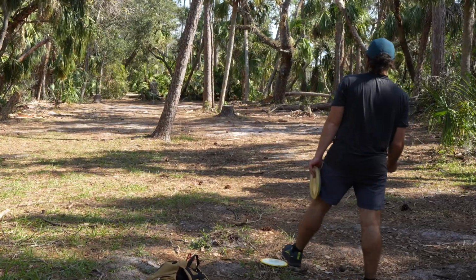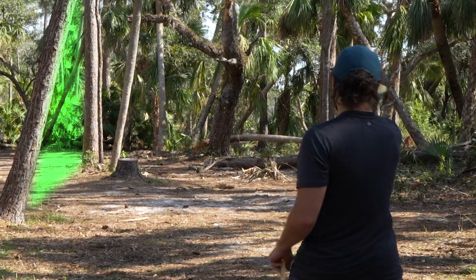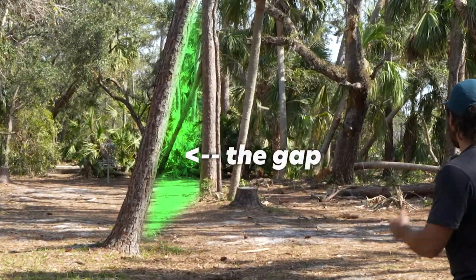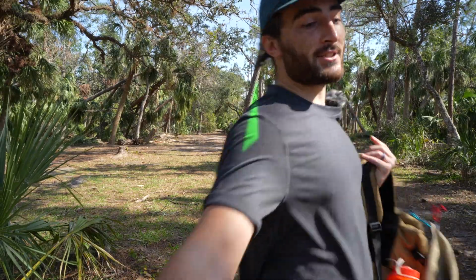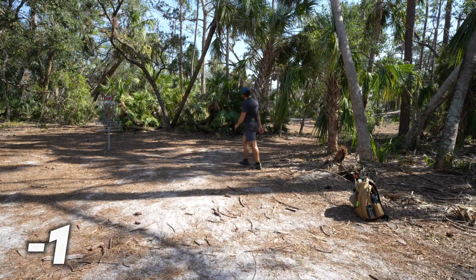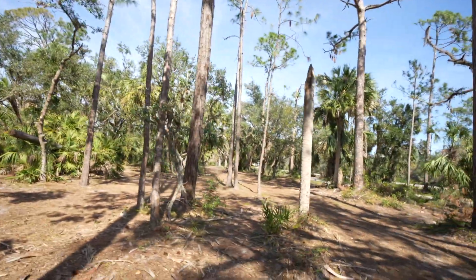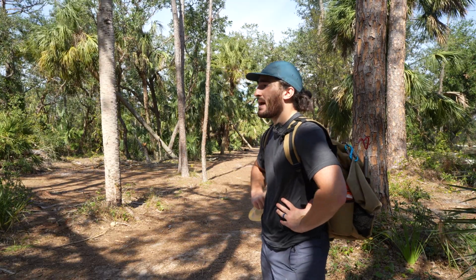Wow. I'm thinking bull snake through this central gap here. At least we can still say par and ace. That's our last chance. All right, our tee pad is right through there, 250 feet from the basket, which is straight down this way. Yeah, I gotta ace it. I'm gonna set you up there. I'm gonna throw from that pad, and